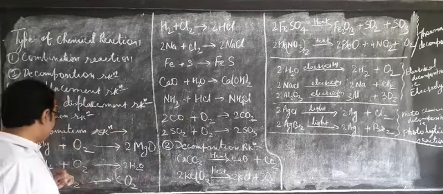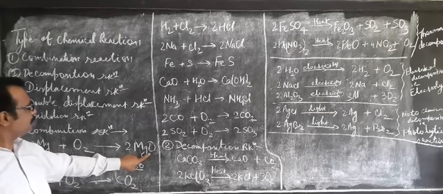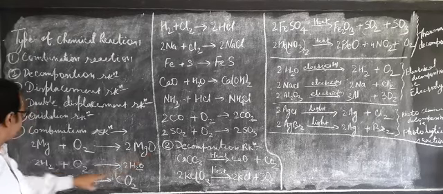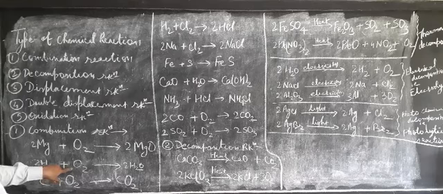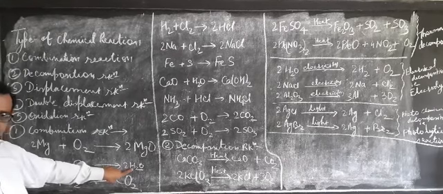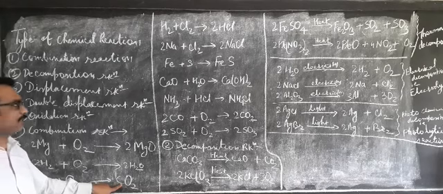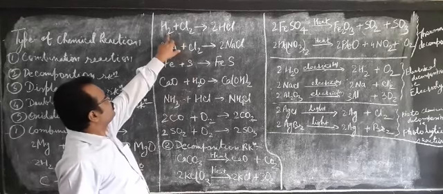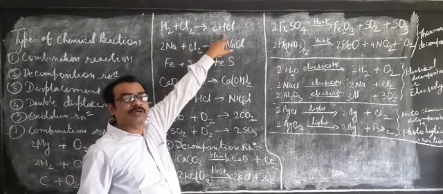Now look at the examples. Here magnesium reacts with oxygen. So there are two reactants, but how many products are there? Only one product, that is magnesium oxide. Now you can see there is a reaction between hydrogen and oxygen. There are two reactants here, but only one product, that is water. Now carbon and oxygen: two reactants, but when they react they form only one product, that is carbon dioxide. Here hydrogen and chlorine gas react with one another and form hydrogen chloride, also called hydrochloric acid.